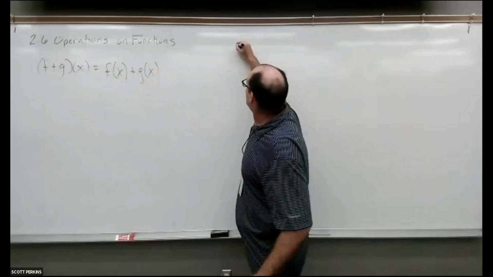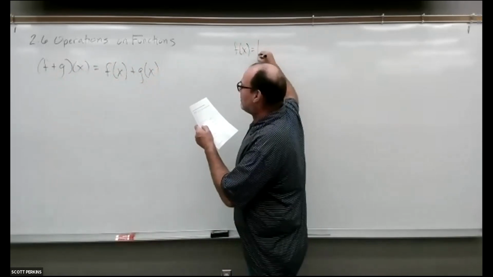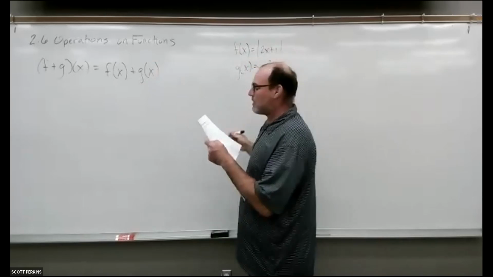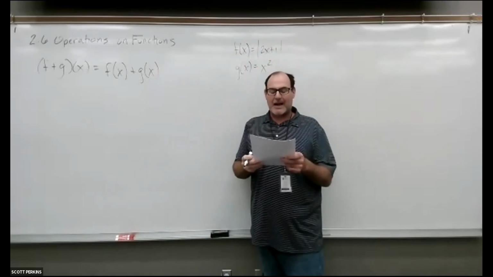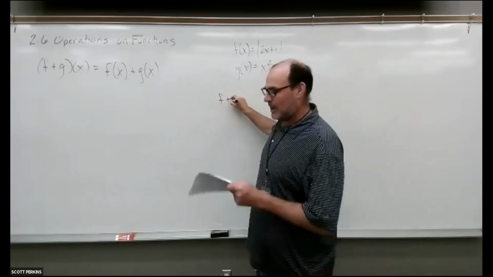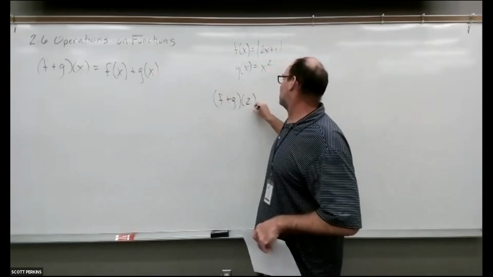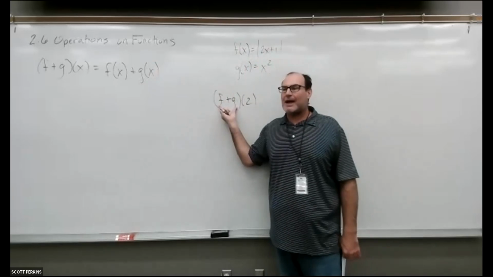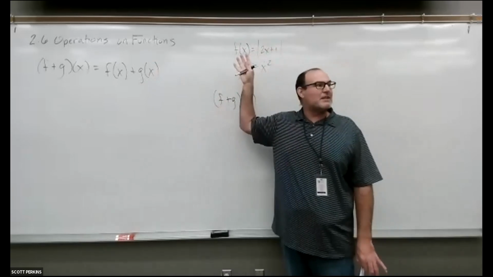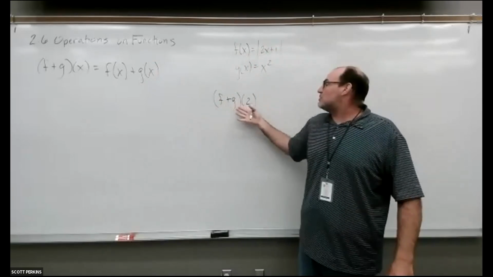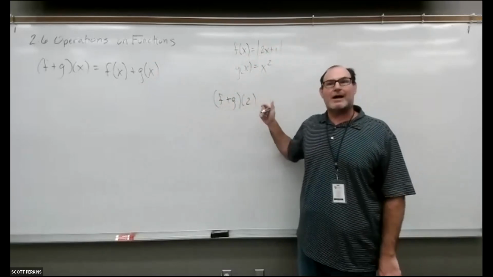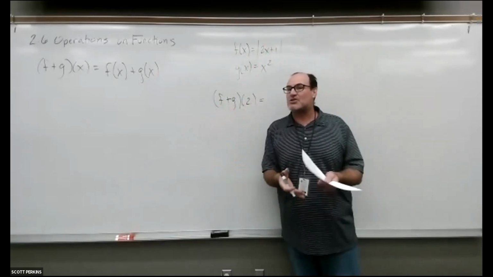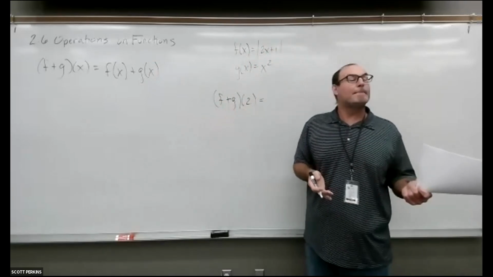Example 1 gives us these 2 functions. f of x is equal to the absolute value of 2x plus 1. g of x is equal to x squared. And so in example 1, the thing that I've asked you to find is f plus g of 2. So this new composite function, whatever it would look like, and we'll talk about what to do with this in general terms in a minute, how do I figure out this value at 2? Well, for the first couple, we're going to write out our steps just so that when you're looking at your notes later,